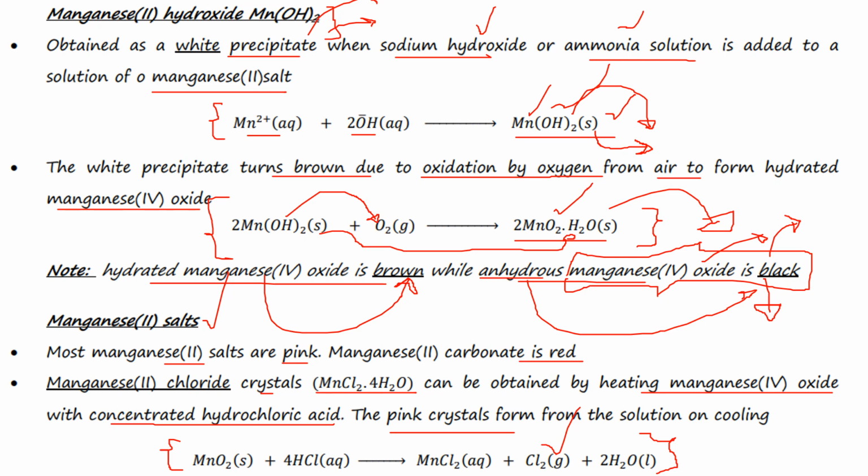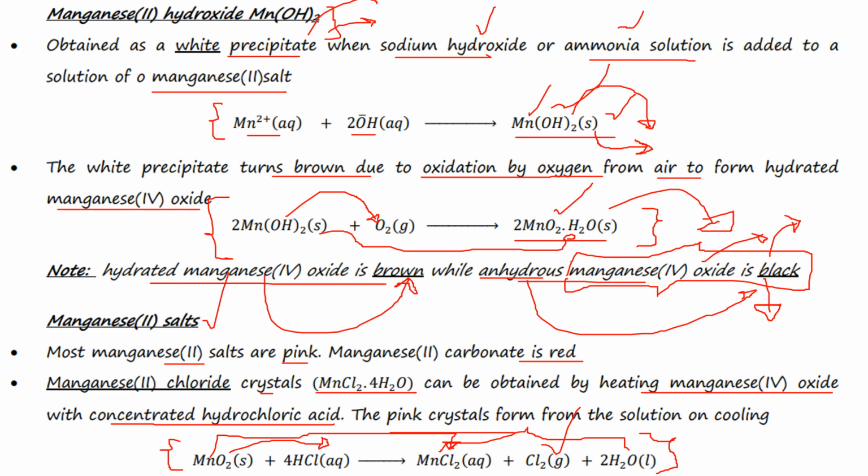Also, this equation is a redox reaction. How did I see that it's a redox reaction? I'm having three products on my right hand side, and I told you that whenever you're having three products on your right hand side, most of the times that's a redox reaction. So what you should note is that here manganese 4 oxide is getting reduced to manganese 2 chloride. So the reduction equation is going to be for manganese 4 oxide as a solid getting reduced to manganese 2 ion